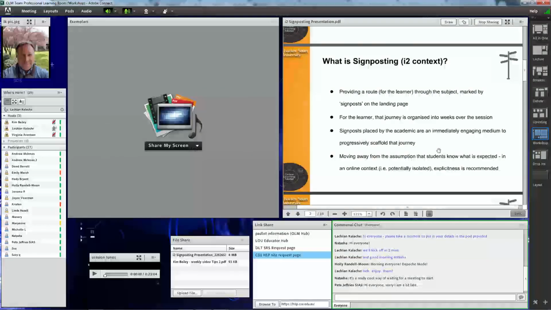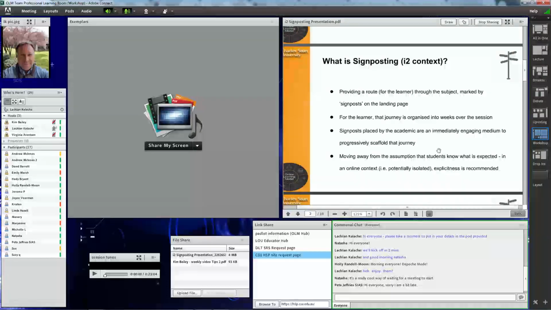So what are we talking about? This idea of signposting, particularly in Blackboard, or I2 as we call it at CSU, in our subject sites, is the idea of providing a route for the students through the subject over the session that I guess is a series of touch points, waypoints,